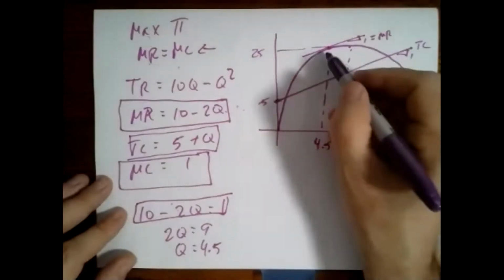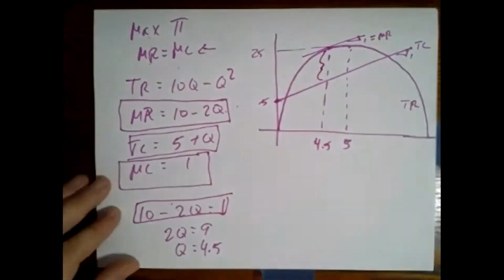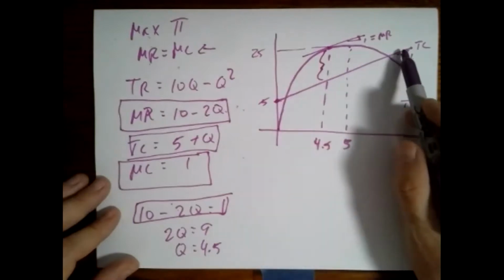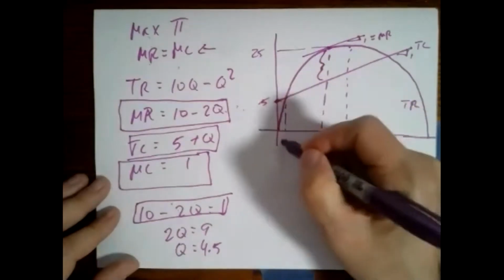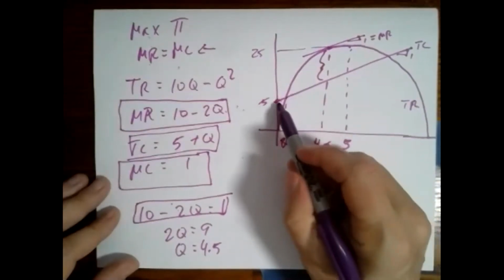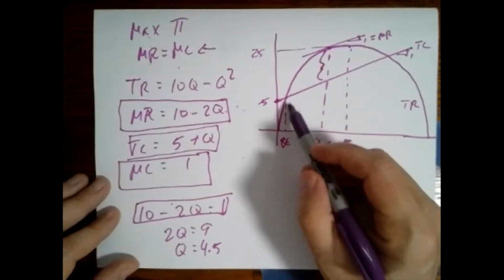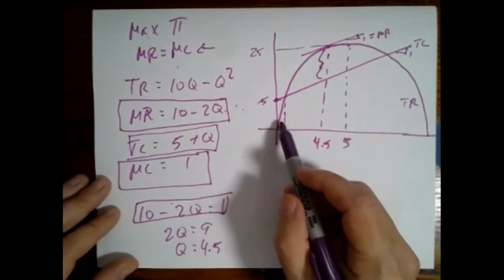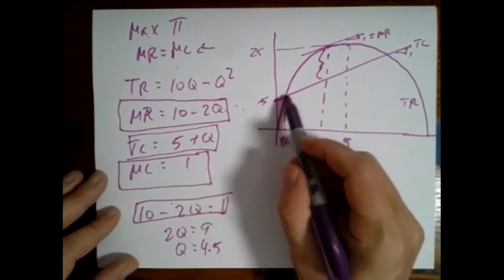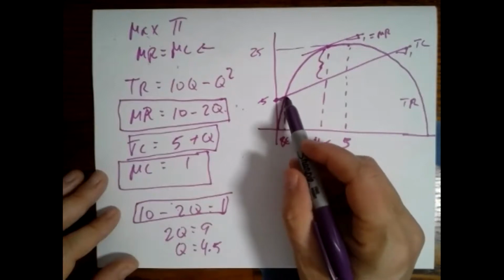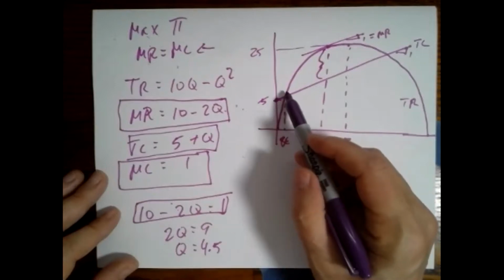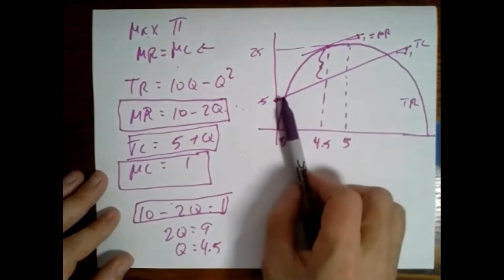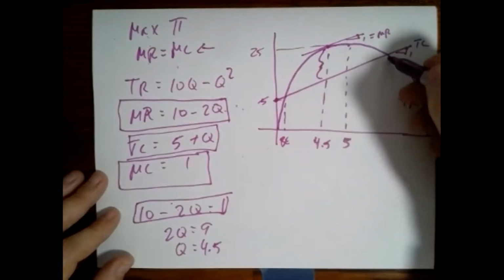What's the point? This is the point. 4.5 is the point where, when we draw the total cost curve, here's our first break even. At this point, marginal revenue is rising, but prior to the break even, total revenue is less than total cost, and so we're losing money. Then we hit the break even, and total revenue is greater than total cost. And so along here, from the break even point out to the second break even point,